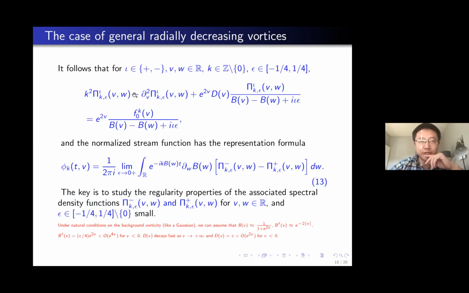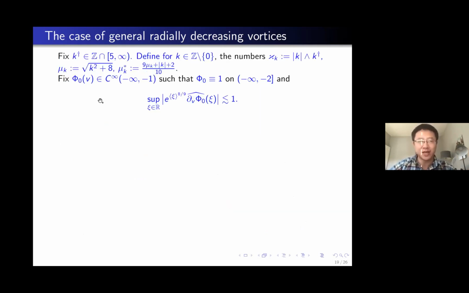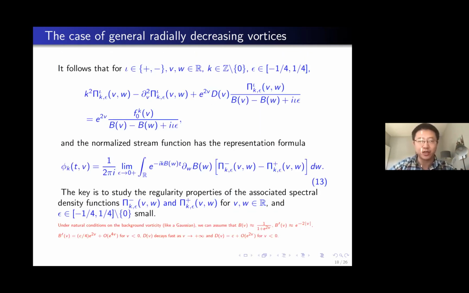If we look at this equation, you see that when k is very, very large, this equation will give you a very fast decay as v goes to infinity, because you have k squared minus partial v squared. This equation is solved on the real line, so we expect the function to decay like exponential to minus kv. So that's the kind of physical space decay we would expect. That's an extremely fast decay.